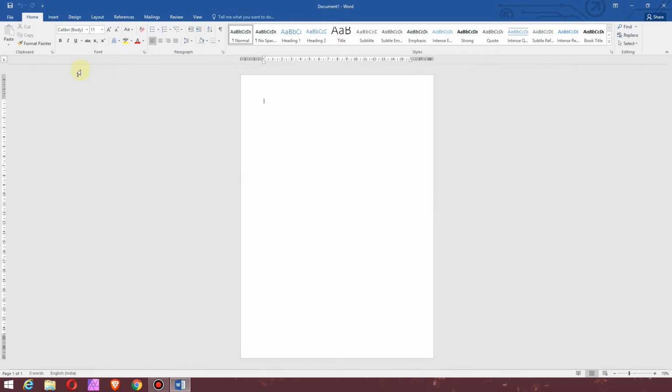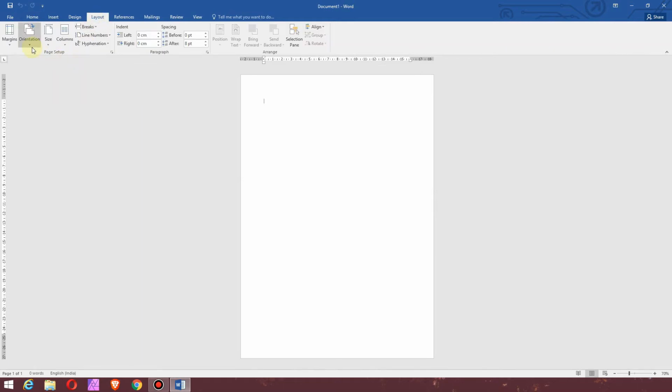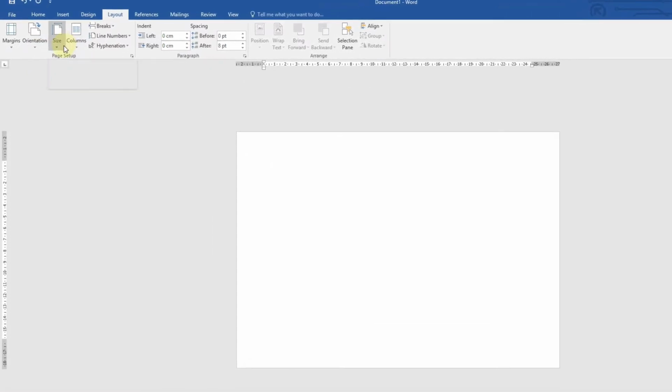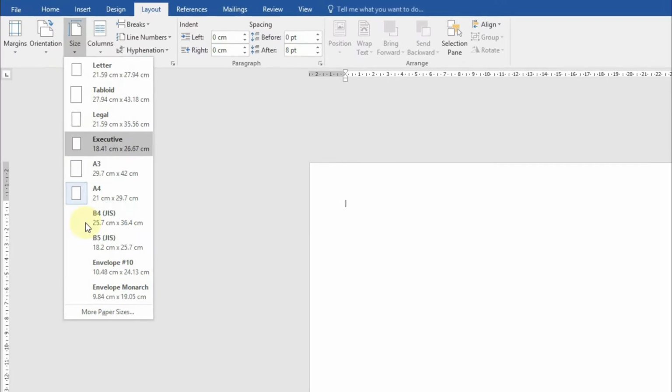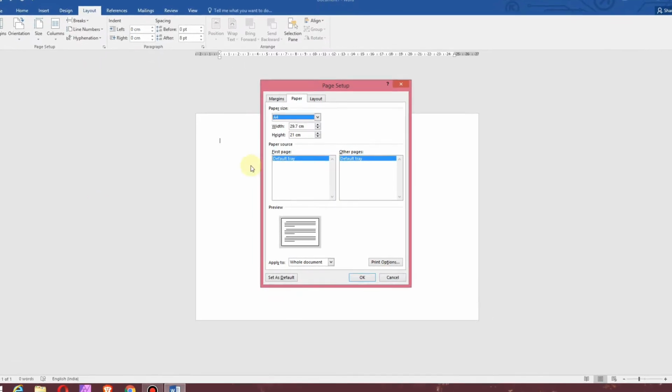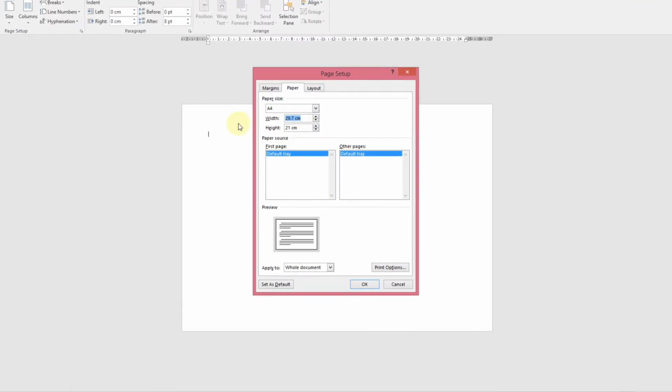Then go to the Layout tab and change orientation into landscape. Go to the Size menu, then More Paper Sizes, change width to 16 inches and height 9 inches.